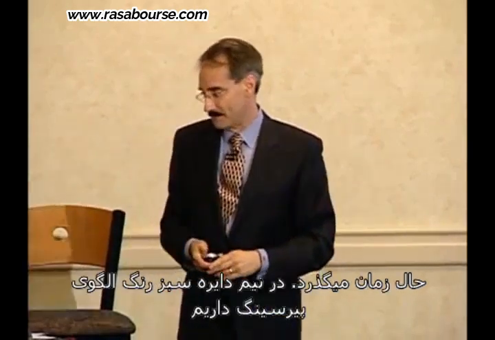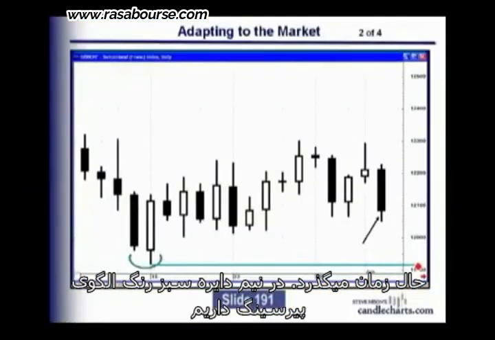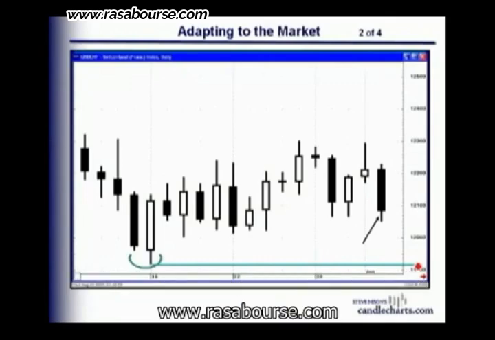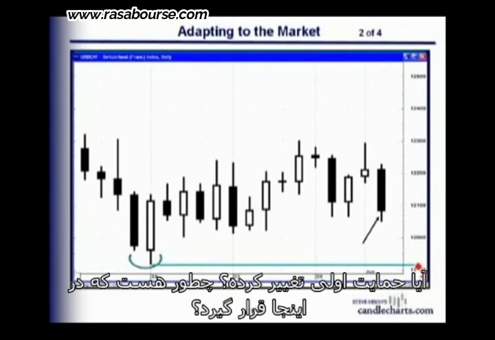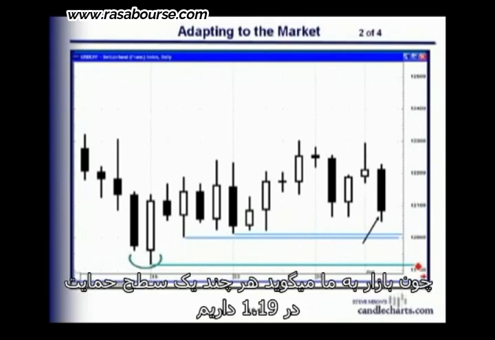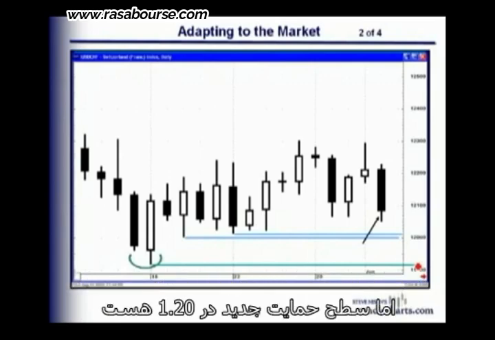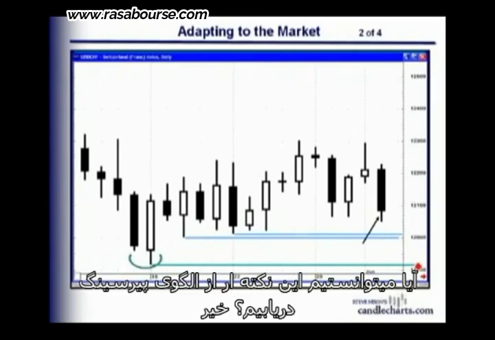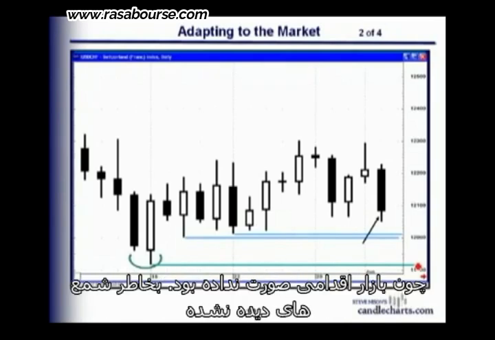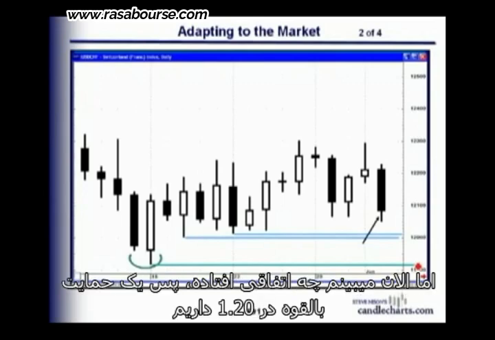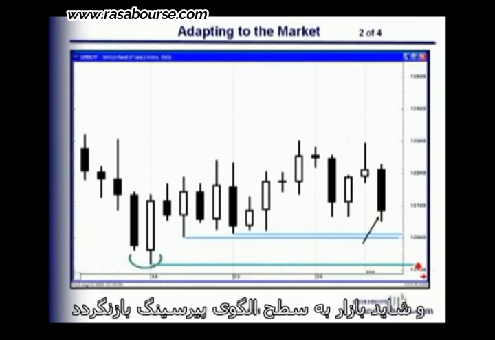No problems with that. Now, time moves on. This is that piercing pattern in the green semicircle. Is first support something different now? Okay. How about over there? Because the market is telling us, yes, we still have support near 119, maybe 119 and a quarter, but now first support is 120. Could we have known that on the piercing pattern? No, because we did not have the new action. The unfolding action. So now we say to ourselves, okay, there's a potential support area at 120, and maybe the market